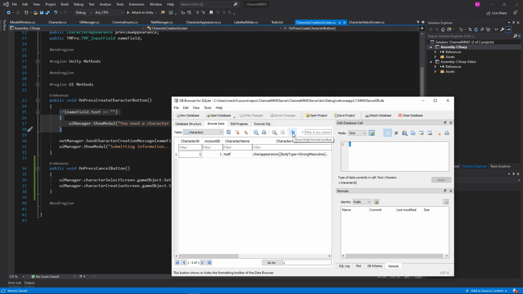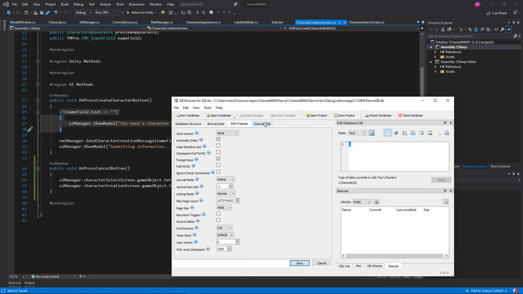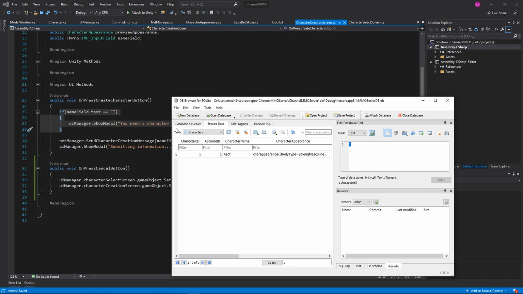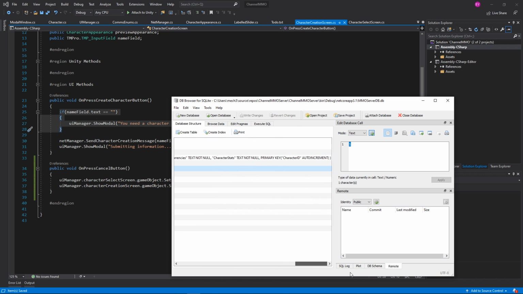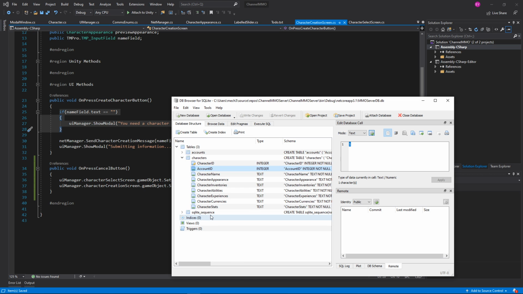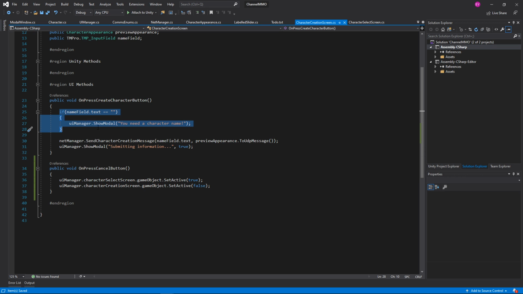Insert a new record. Yeah, I don't remember. I'll find it at some point, I'm sure. But it's not relevant, really. The question is, why did this not tell us that we need a character name? If the namefield.text is equal to an empty string,